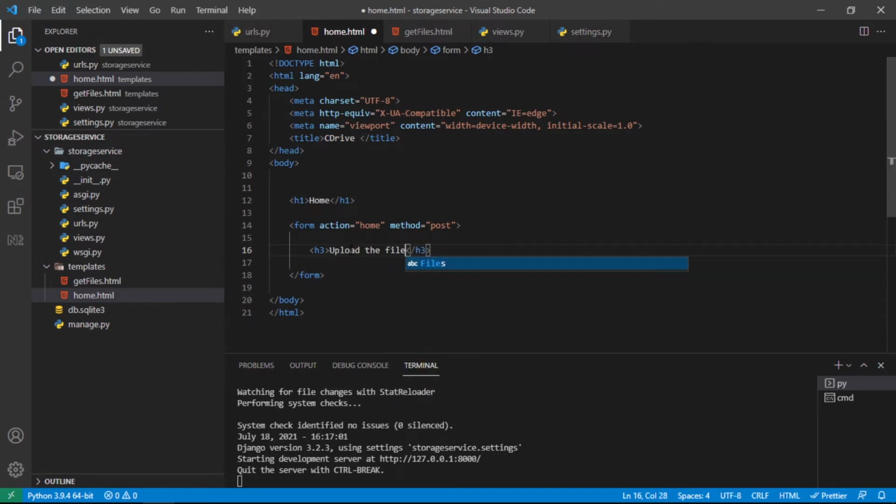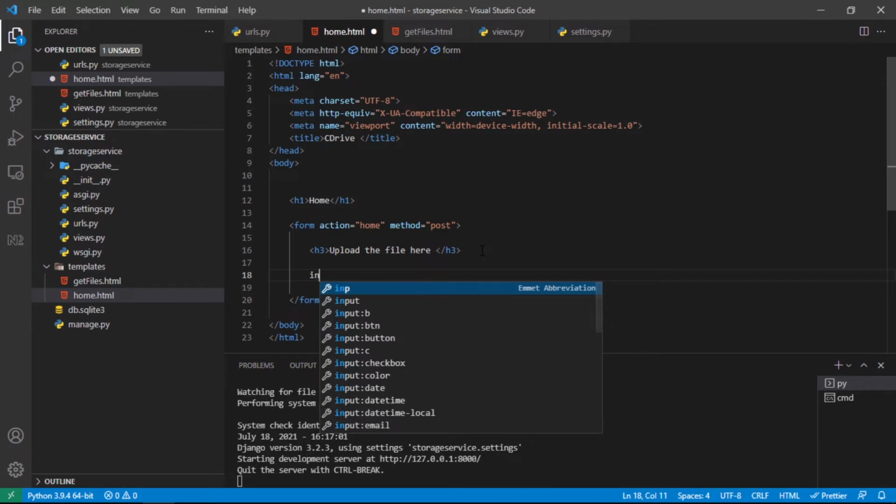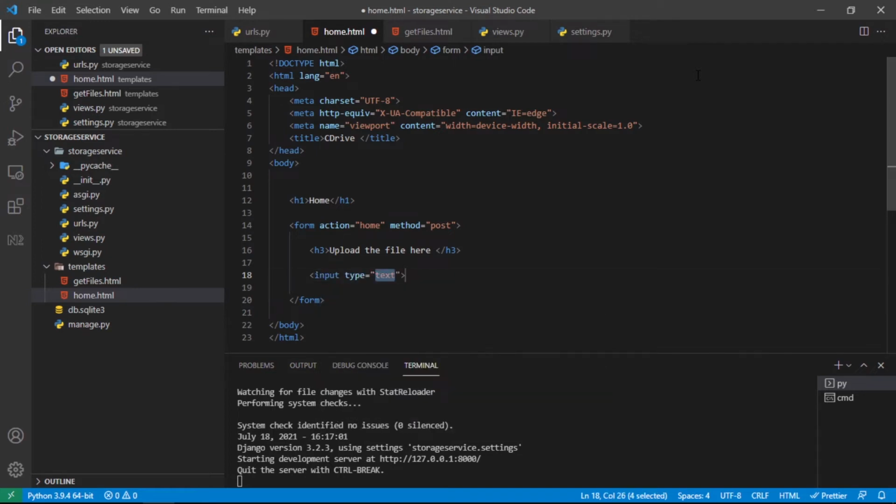Upload the file here. For the demonstration I will use a basic file input. You can do all sorts of things. You can use some jQuery so that you can create nice animations, like you can drag and drop files from anywhere. But I'll try to keep it simple so that we can understand the concept more than working on some obsolete things. So this is going to be